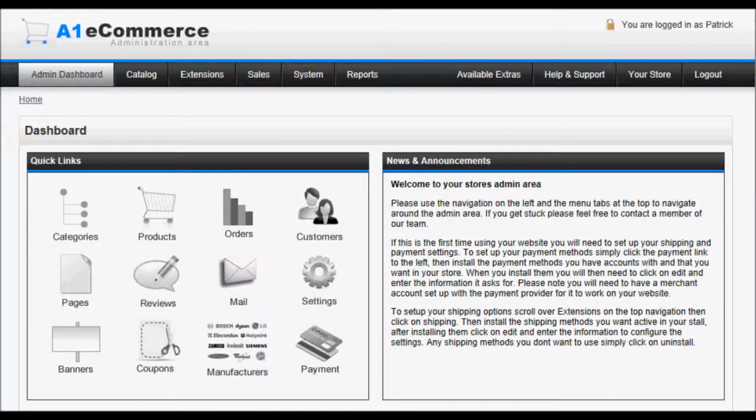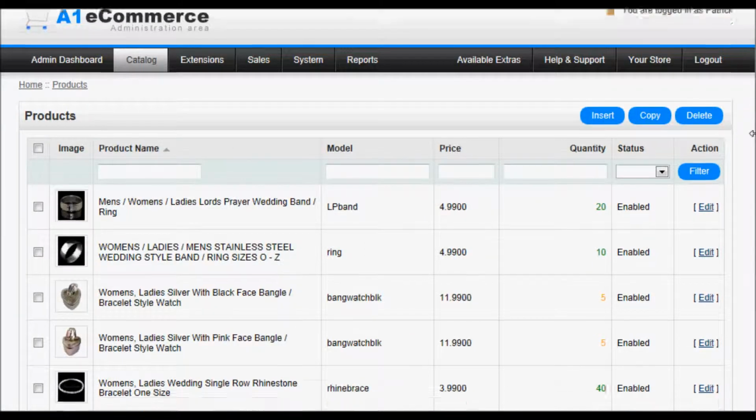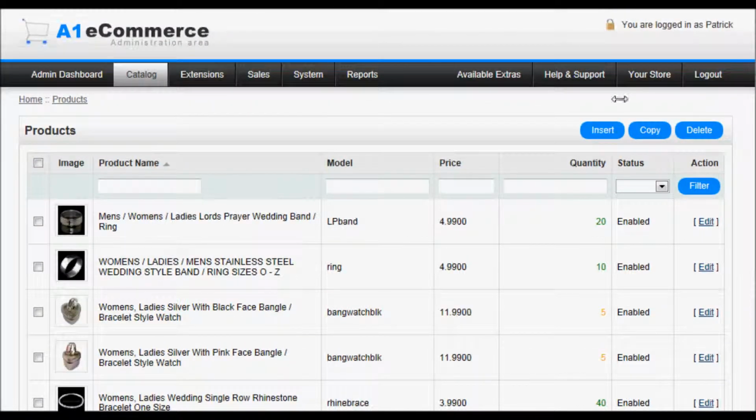In this video now we're going to show you how to add a product to your website. Once you log into the admin area, you can use a quick link here which has got products, or you can go to catalog and go down to products. Both link to the same place. Once you click on products, you'll see a list of your current products that you've already got within your website. What we're going to do now is create a completely new one. So you click on insert,